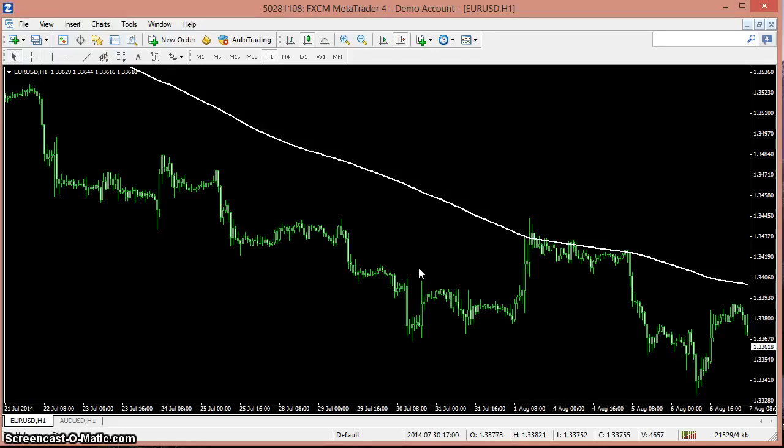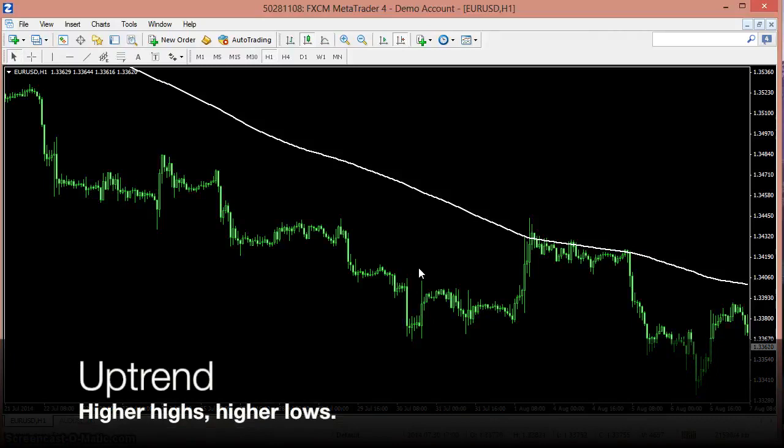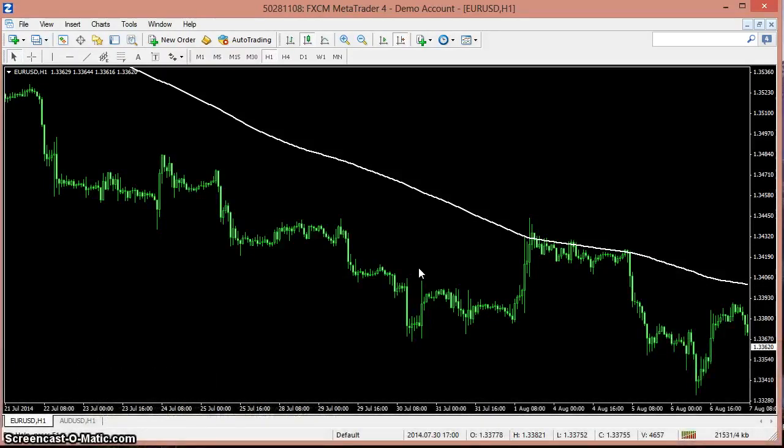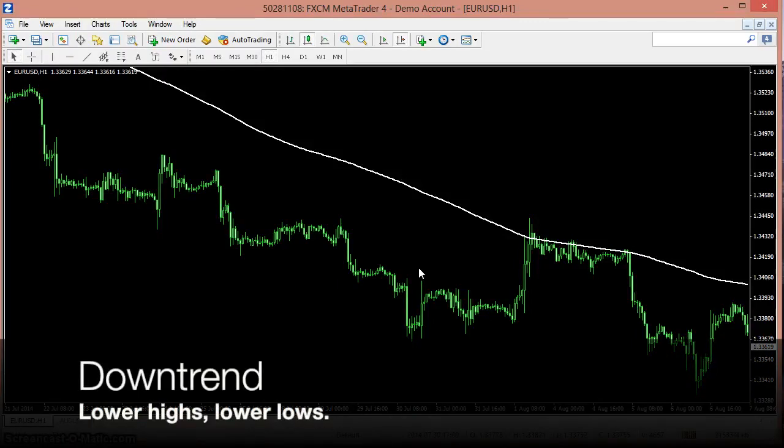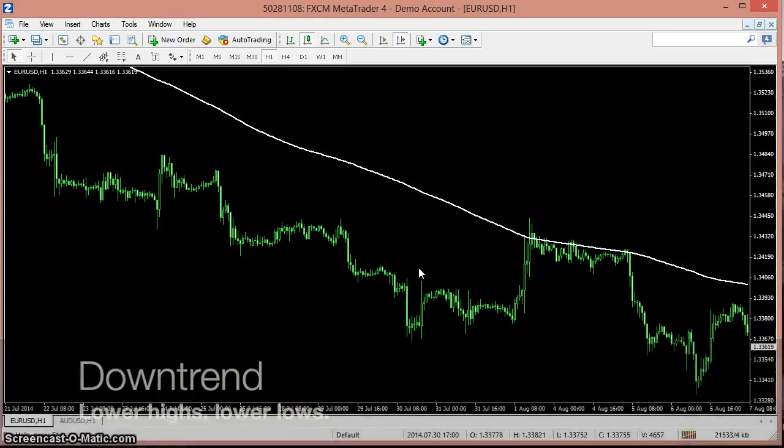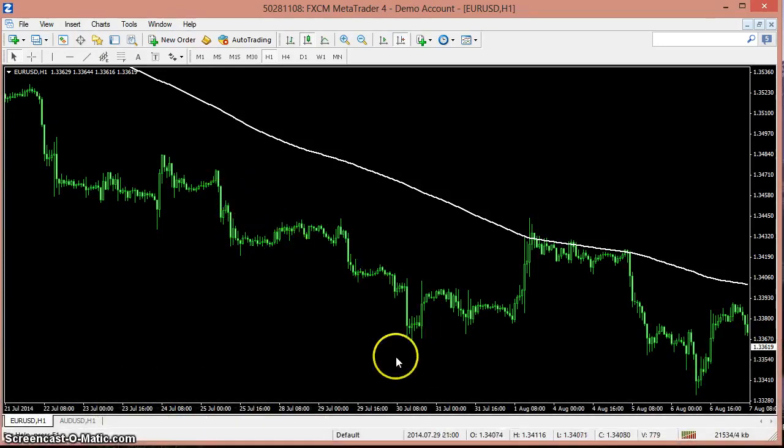Well, generally speaking, there are three main conditions that the currency market can be in. The first is called an uptrend, and that's when prices are continually moving upward, where we're having higher highs and higher lows. So in the example that we're looking at here in the euro-dollar, an uptrend would be where the price of the euro is rising against the dollar. The second condition the market could be in is the opposite. It's a downtrend, where price is falling and we're having lower lows and lower highs. This is a great example of a downtrend where we can see over an extended period of time the price